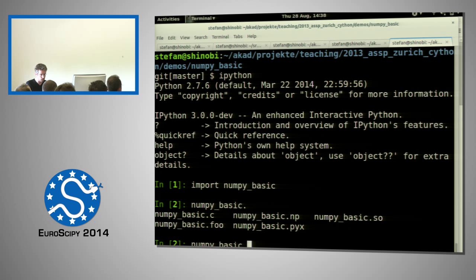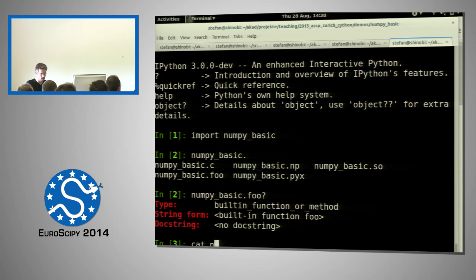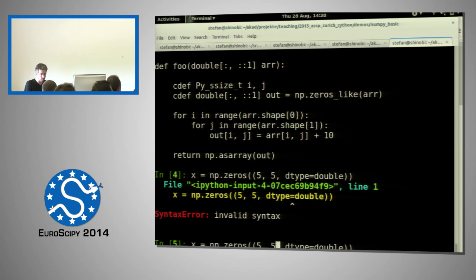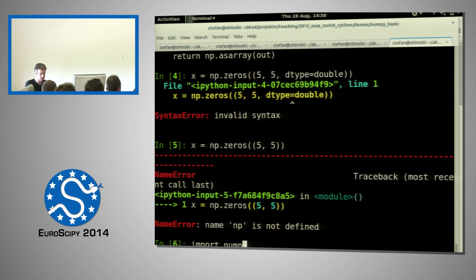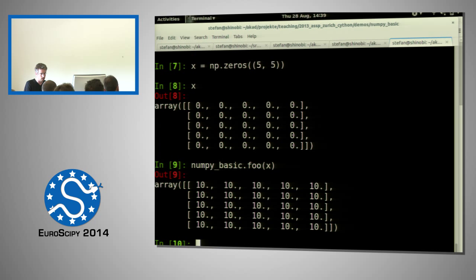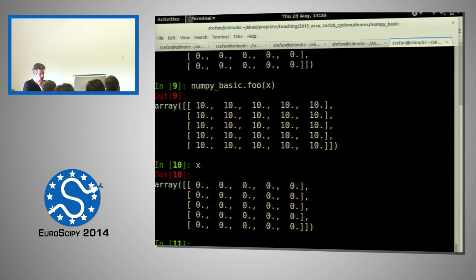What was it called? Foo. Oh, it takes an array as input. So let's make a zeros 5 by 5, and it must be of data type double. Oh, I guess it is already double if it comes out of zeros. Okay, so numpy_basic.foo of x. Yeah. So with the 5 by 5 input,